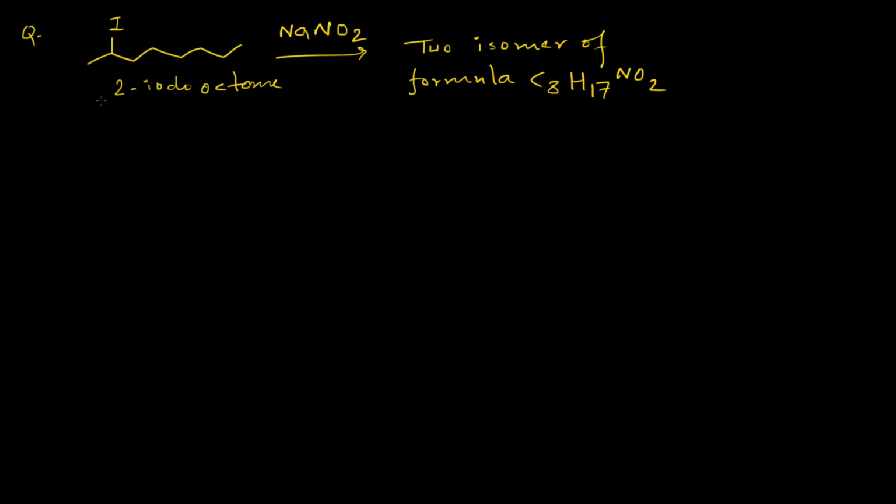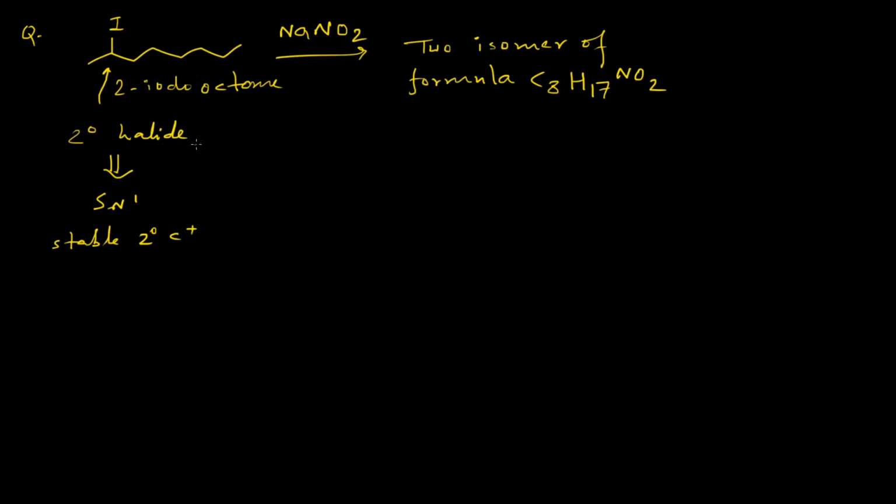So as we can expect, this 2-iodooctane is basically a secondary halide, and we all know that secondary halides can go through the SN1 reaction pathway as well as the SN2 reaction pathway. So secondary halides can go through the SN1 pathway since they will produce stable 2-degree carbocations,